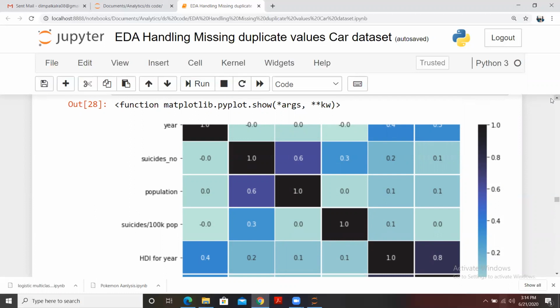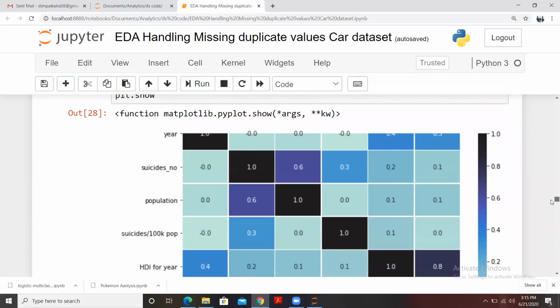The value which comes close to 1 is the better or the perfect relation, and the relation lies between 0 and 1. Let's say 0.04 lies here, and 0.08 is somewhat a better relation, so you can check it from here. So within one go you can check the correlation between different variables.